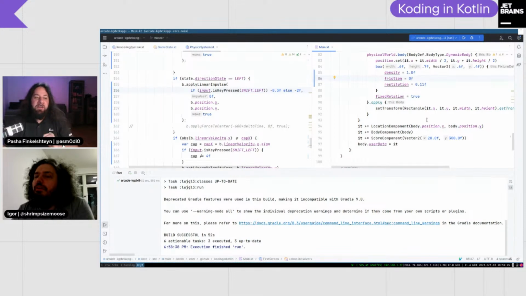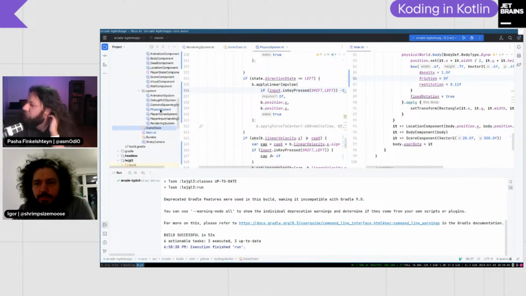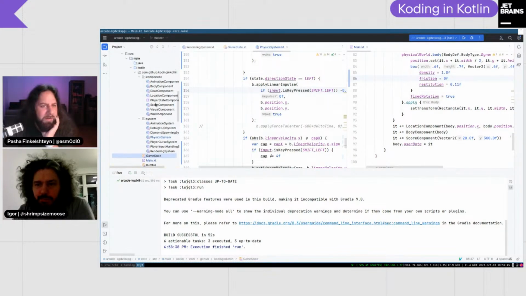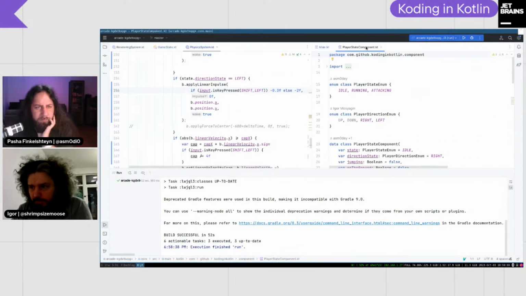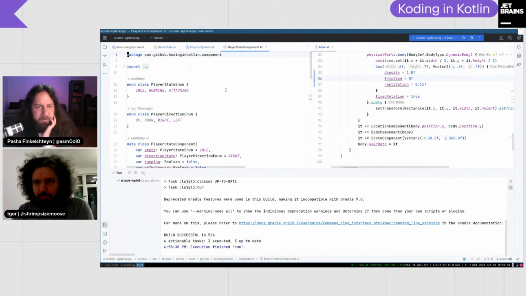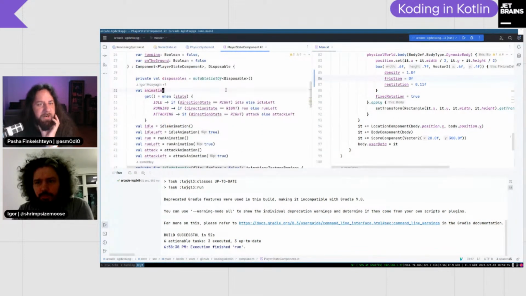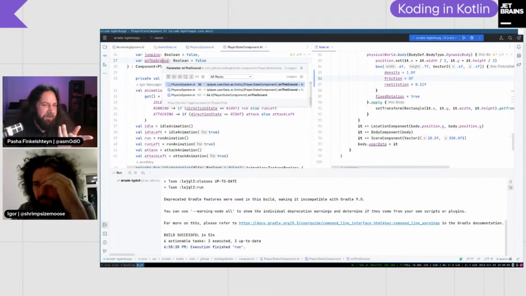You cannot stick to the ceiling anymore. Do you remember some hours ago we were sticking to the ceiling? Now it doesn't work because we have this ground contact. It's somewhere in, let's open the player state. What is the player state component? Can you please navigate to its constructor? Yeah, on the ground. Do you see this on the ground? Now you can control click on it and see its usages, or Alt Shift 7.